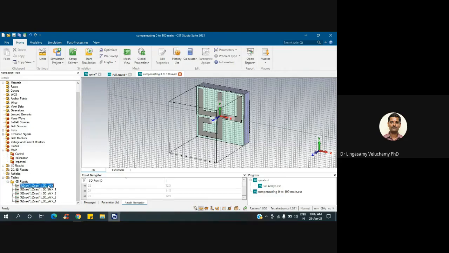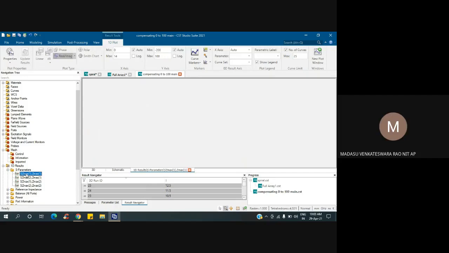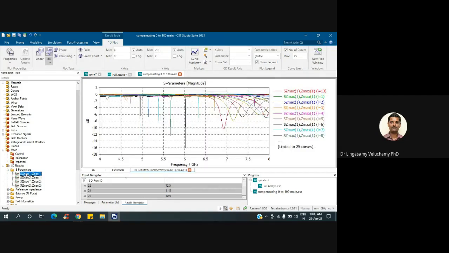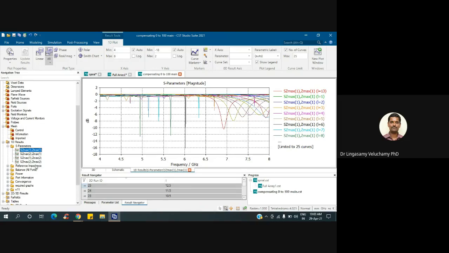No, not this one. Go to only results. Yes, S parameter. Here can you go to phase? Phase, on the top. On the top, the phase is there, right?